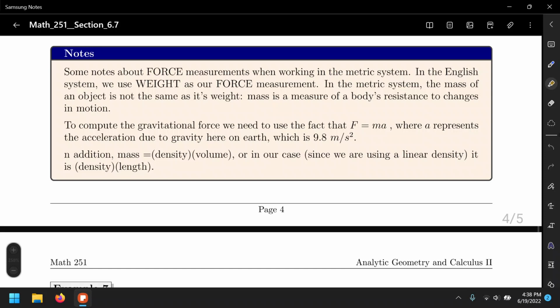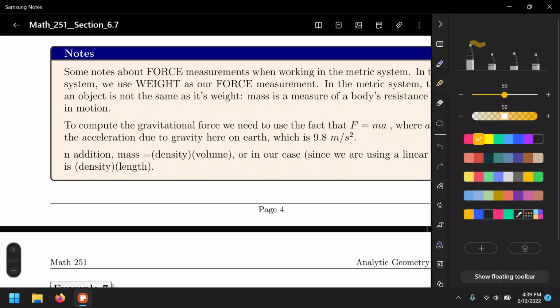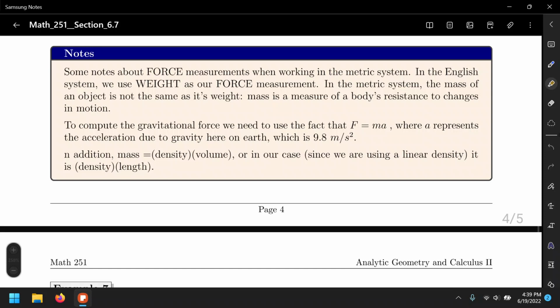Alright, so for the problems we have gone over up to this point, we have used force as weight, which is in the English system. In this case, we are also going to work in the metric system, which is the most common system to work with. One thing to keep in mind is that in the metric system, the mass of an object is not the same as the weight, because mass is a measure of a body's resistance to change in motion. So to compute the gravitational force, we need to use the fact that